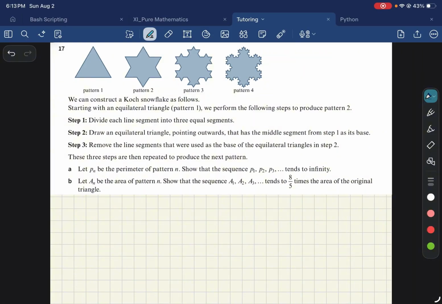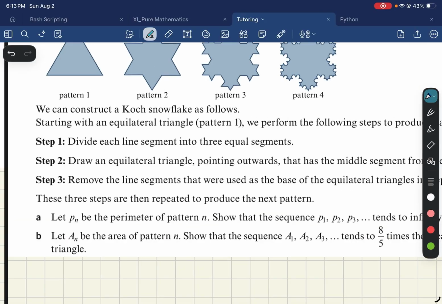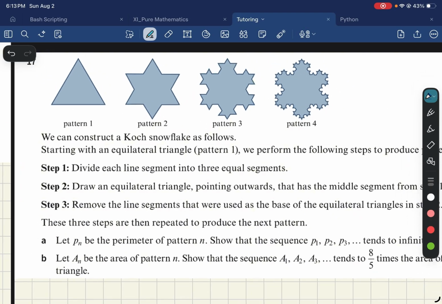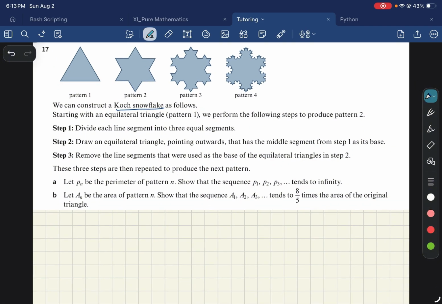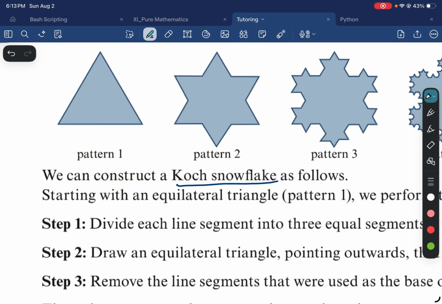So in this video, I think this is going to be in the same video. So anyways, we're going to solve question 17. It's another question that I did not solve. So basically, we are constructing what is called a Gaussian snowflake. All right, so we start with an equilateral triangle, pattern 1, and we perform the following steps to produce pattern 2. So I'm not going to go over the steps, but what I'm going to do is,